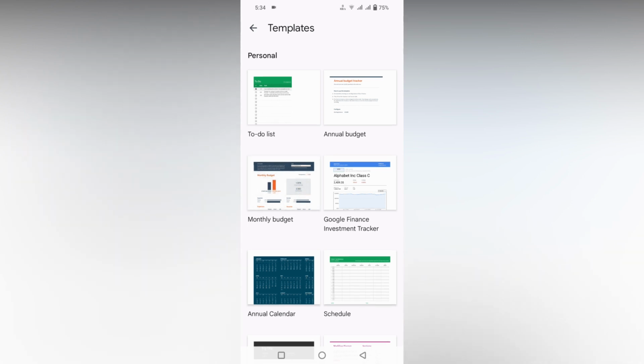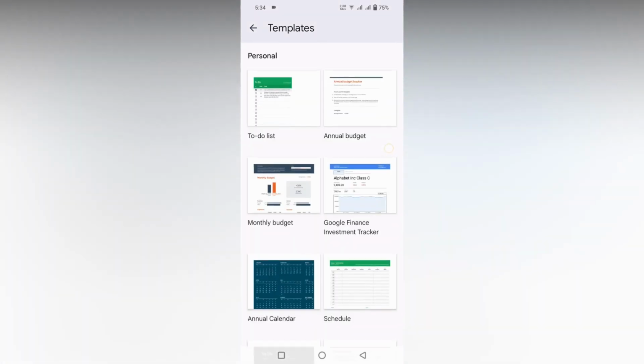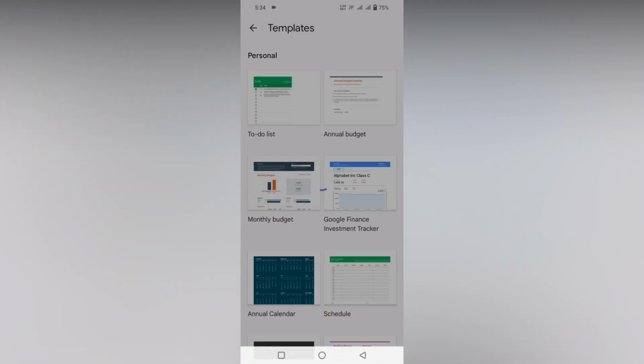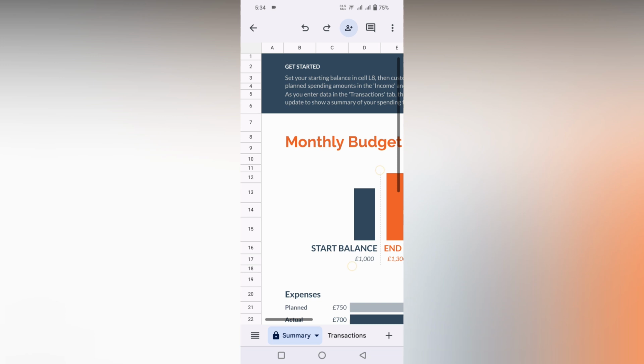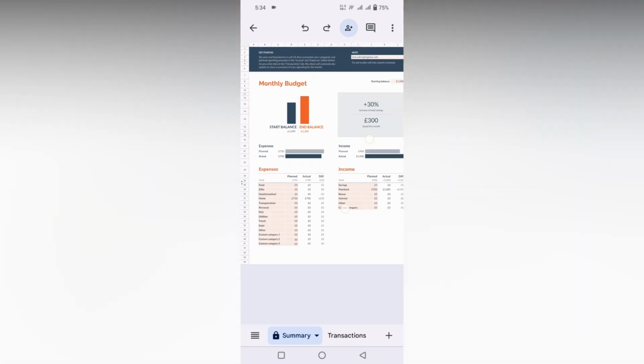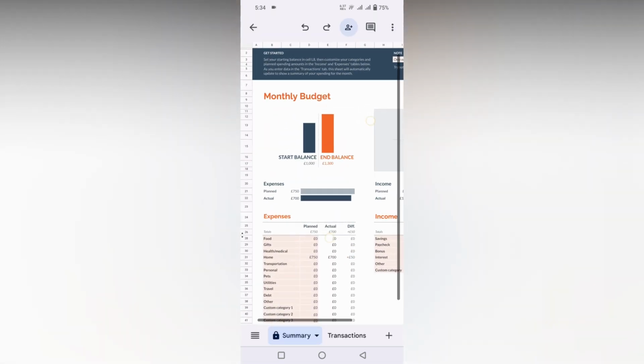You can choose any one of these and you can just scroll down. You can see a lot of templates. I'm just going to choose a monthly budget. Actually a lot of them are choosing like this. So after opening the monthly budget, you can resize it by using this pinch option, and here in this